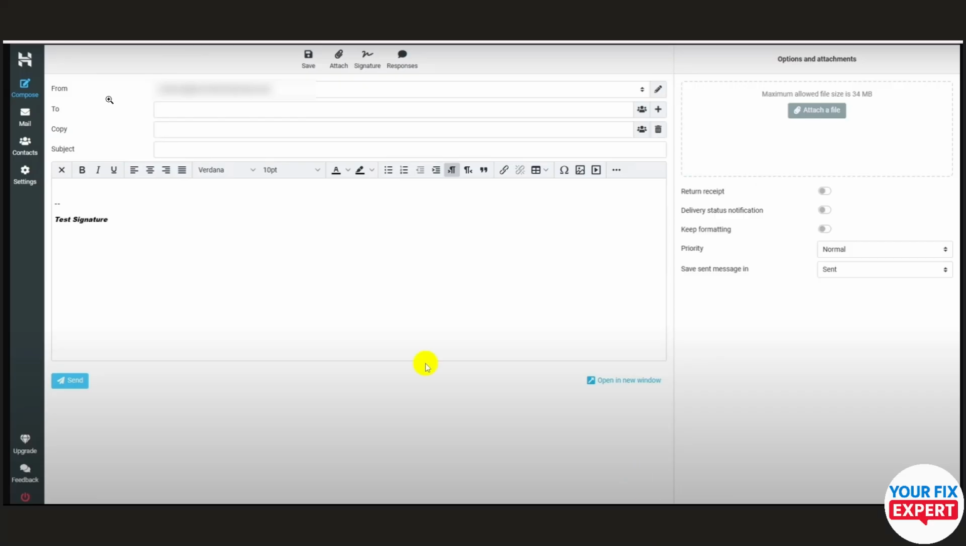Once you click on the emails option, you will see an interface like this, and you will see multiple emails that are associated with your account. So just select the email, and once you select the email, you will see an interface like this one: compose, mail, contacts, settings, all these options. So from this, what you need to do is just select your email, click on compose, and from is basically